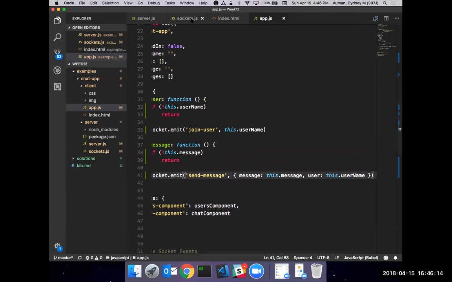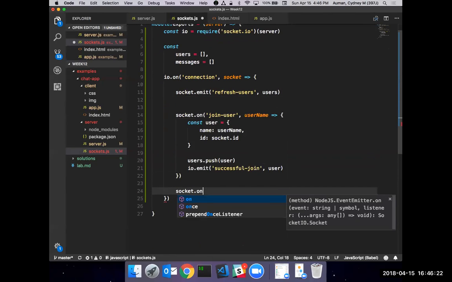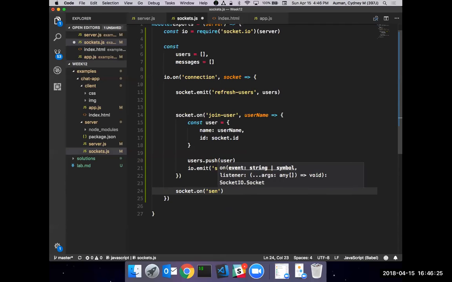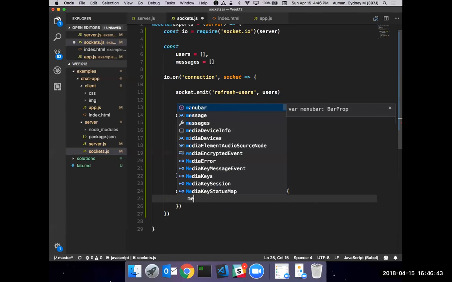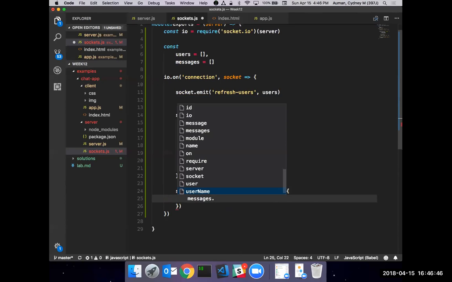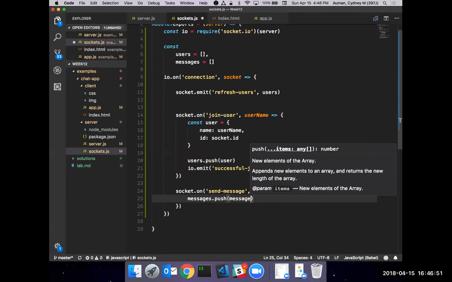And then on the socket.js side, we have to handle that, right? So we have this socket on join room. Now we need a socket on send message. And this is going to be a message. Then we're going to want to put this message inside all the other messages. So messages.push, this message here.